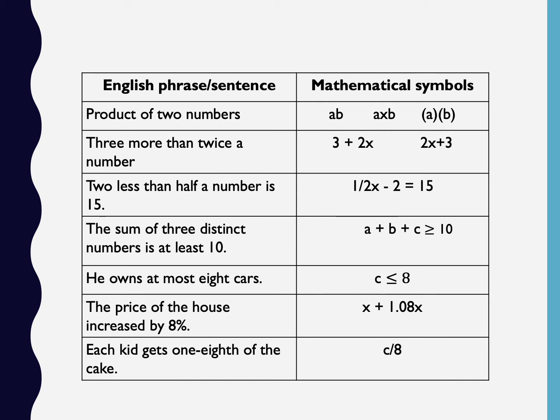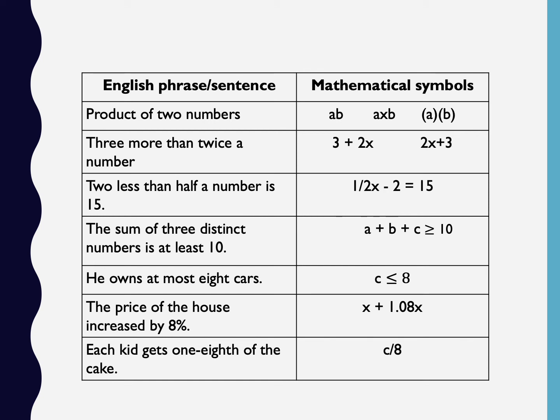Next, 2 less than half a number is 15. Now, the keyword here is less than. So meaning, this sentence or phrase is a subtraction. Now, translating it into mathematical symbol, you will have 1/2 a number, that is 1 over 2, let x be the number, x minus 2 is equal to